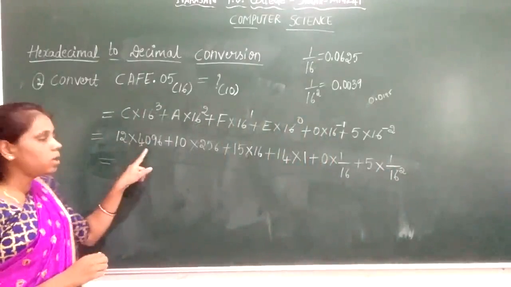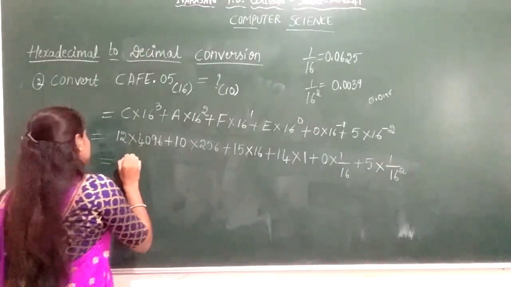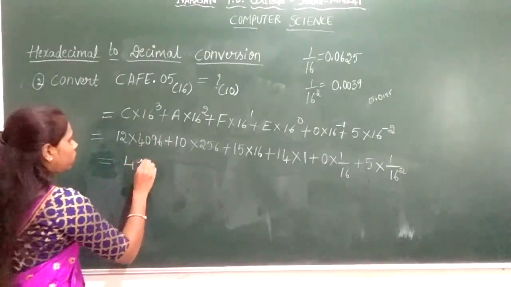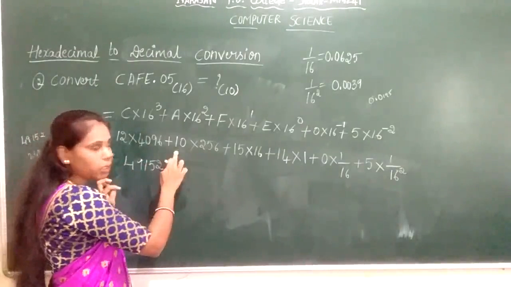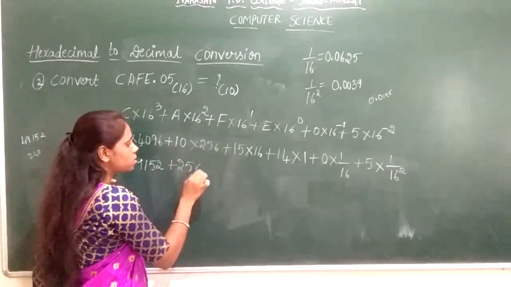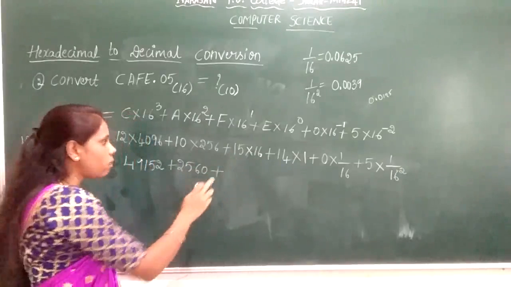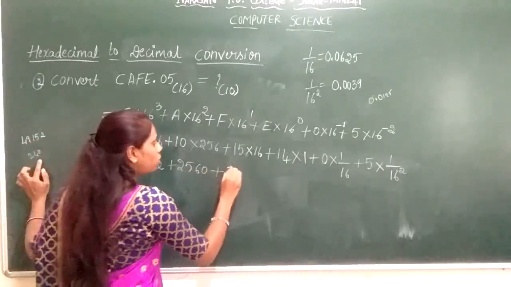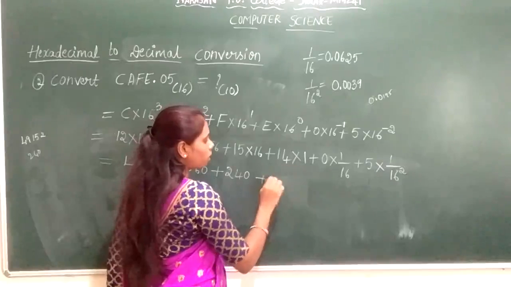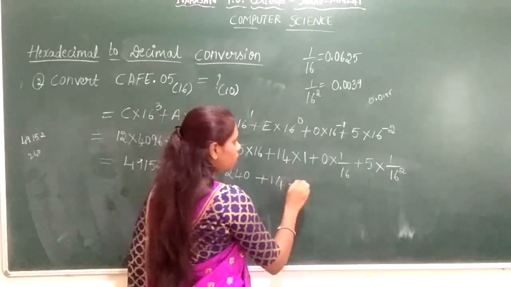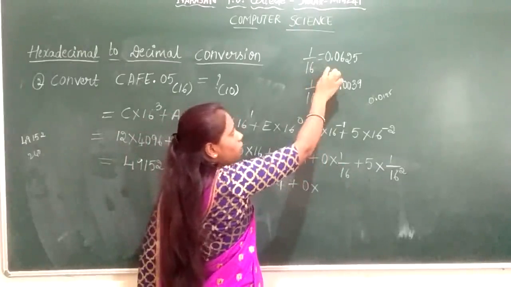Now multiply these two terms, that is 12 into 4096. The value is 49152. 49152 plus 256 into 10 is 2560 plus 15 into 16. What is the value of 15 into 16? Your value is 240 plus 14 into 1 is 14 plus 0 into 1 by 16. 1 by 16 value is